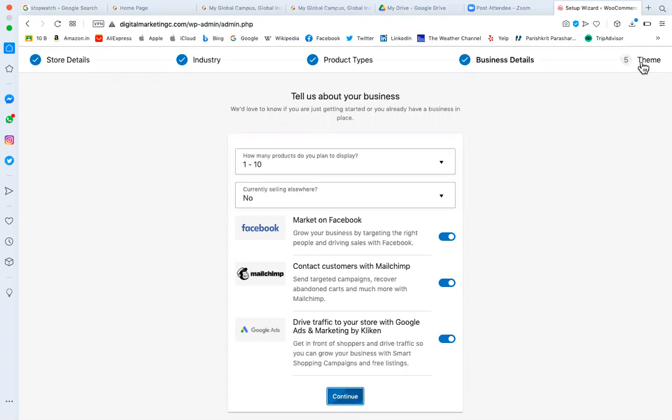In one design, it might be one sidebar, in another, two sidebars, in one there might be no sidebar. In one design, all the product names will appear, in another, only the category name will appear. So whatever vision you have created for your website, you can choose the closest design for it.